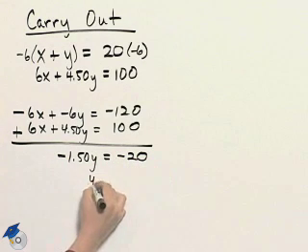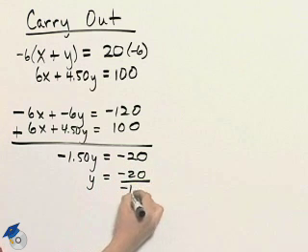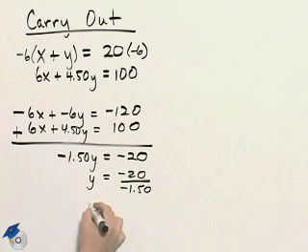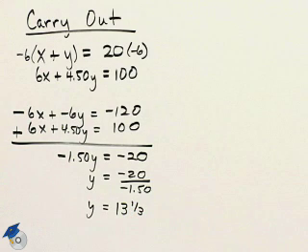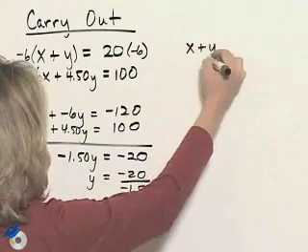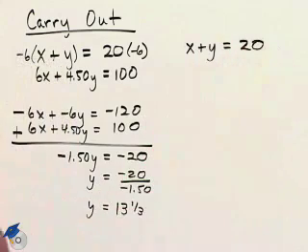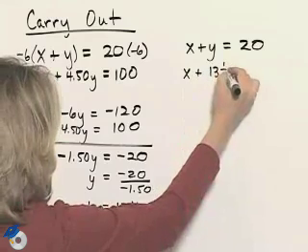We can then divide both sides by -1.50, and so when we do that, that will simplify to 13 1/3. Now we can substitute that value back into one of the equations and find x, because we need to find both x and y in this problem. So I will choose the first equation, substitute the value given for y, which is 13 1/3,